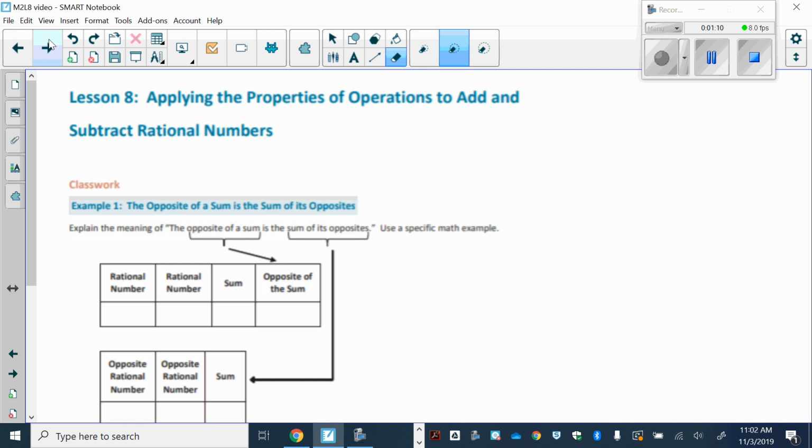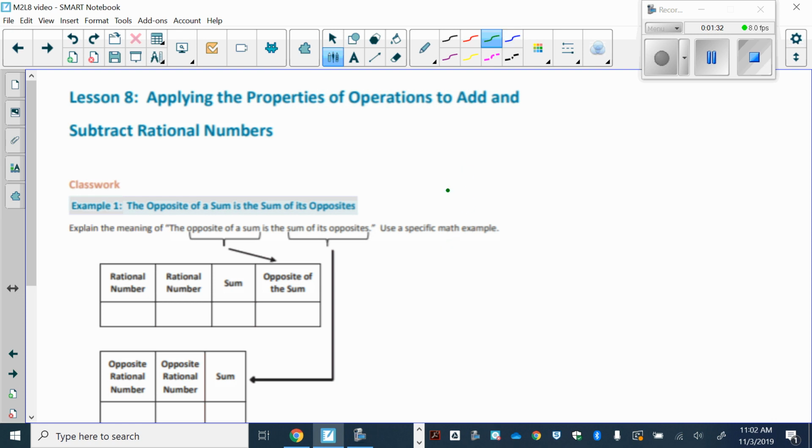The opposite of a sum is the sum of its opposites. This sounds a lot more confusing and like a tongue twister than it really is. Explain the meaning of the opposite of a sum is the sum of its opposites. Use a specific math example. So I'm going to have us use the problem